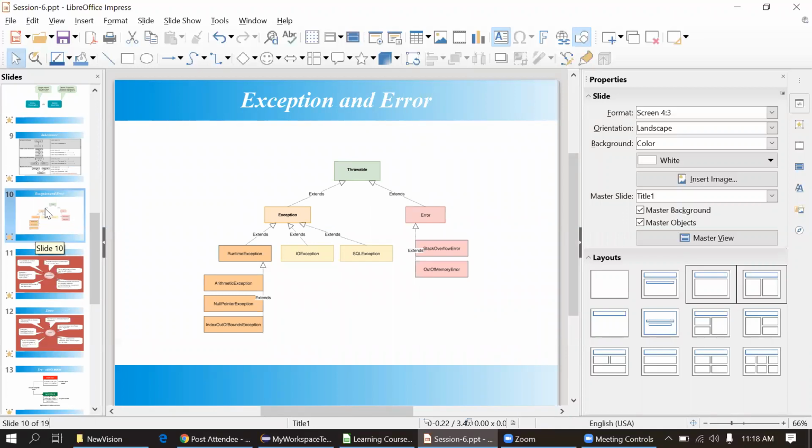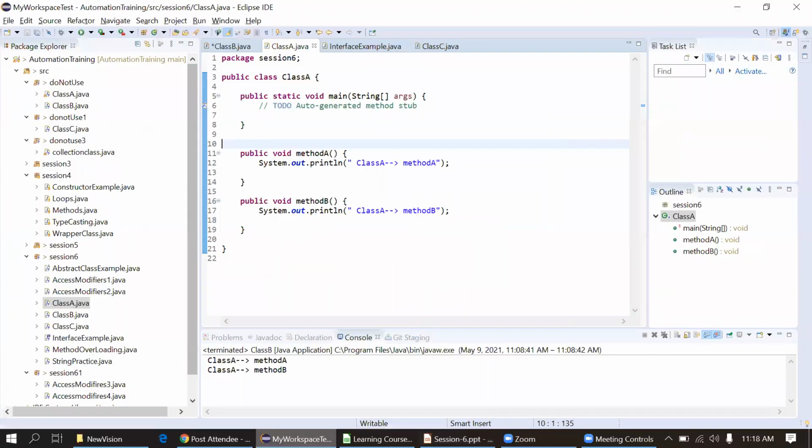Okay, fine. Now moving to exceptions and errors. When we are dealing with coding, for sure at some point we will get exceptions, error or exception I can say, because it can be at runtime. If you have passed any incorrect value, or if you are getting some value from the UI that is not valid, we can expect errors or exceptions.